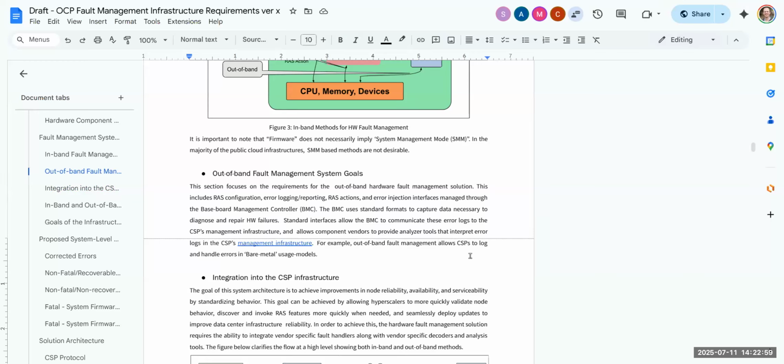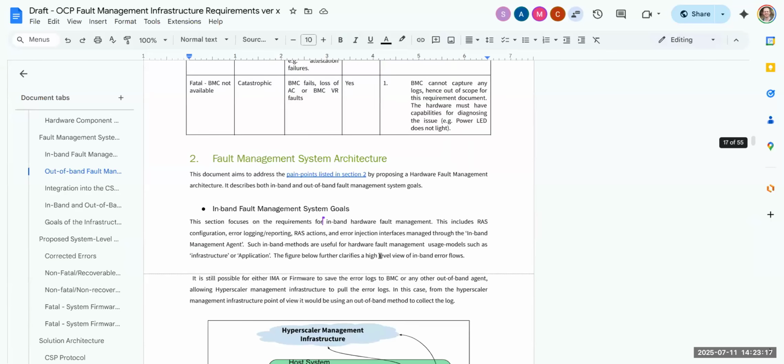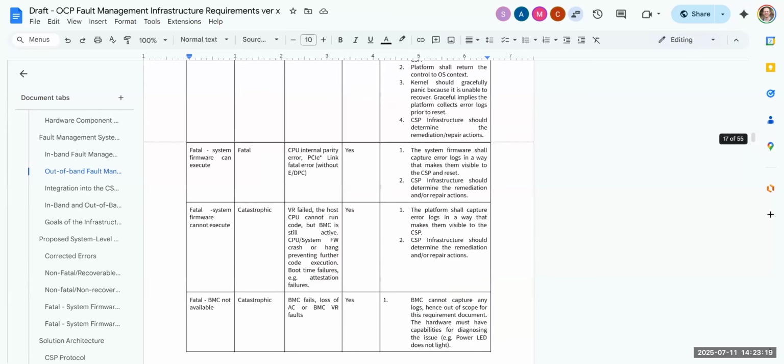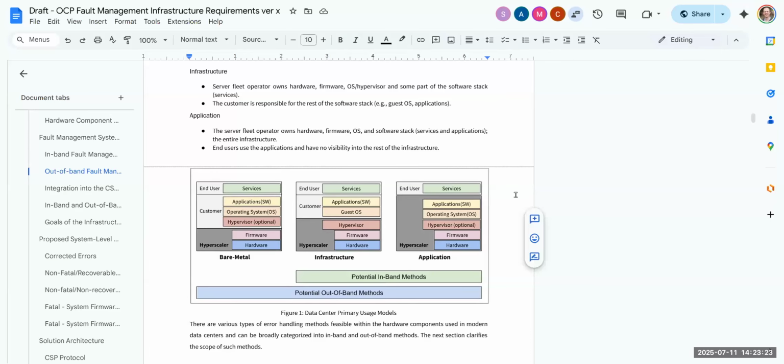No, that's what I'm trying to avoid. The moment you make that statement, right, you give a wrong message. Out-of-band methods cannot be used to build a uniform solution for all use models. Sorry, can't? It can't? Yes. Why not? Because you need kernel handling, okay, and recovery flows and all that. No, but that's not fault management. Why not? That's error handling or error management. That's the OS reaction to errors, and we're not hiding the OS.